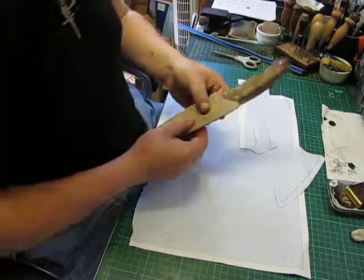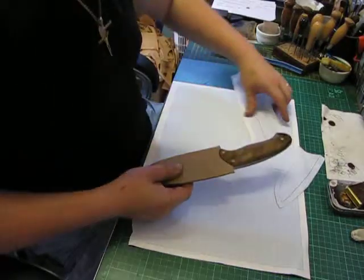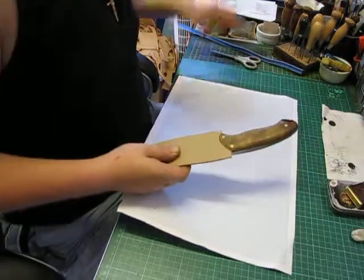Anyway, so we've got the front piece done. What we need to do now is think about the back. Now, there's two ways of going around this. I can either